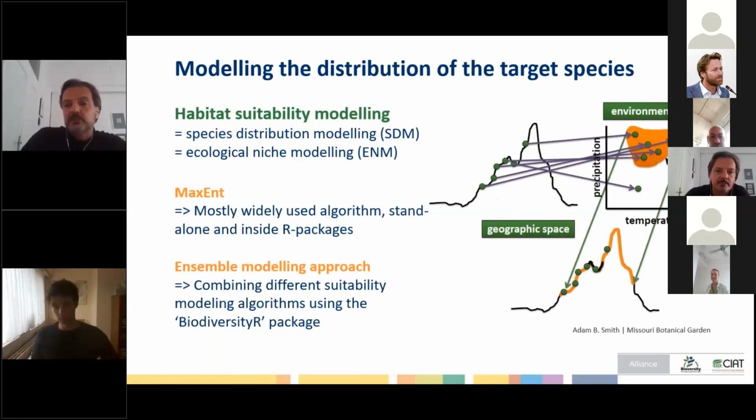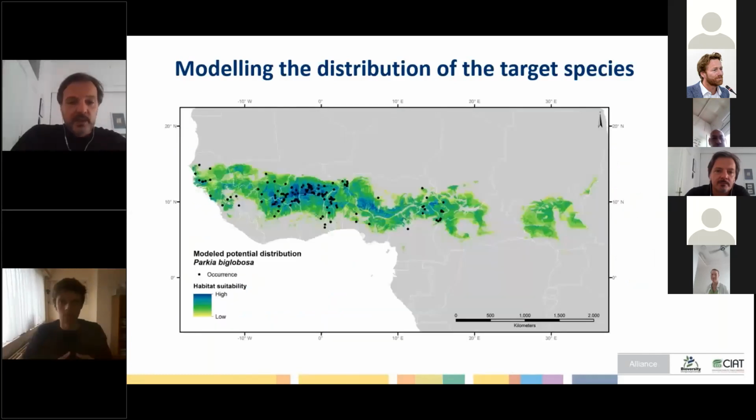As an example, you see here precipitation and temperature, but actually it's a multi-dimensional space of around 20 or 30 different variables where the extrapolation is occurring. And then the results are translated back into the geographic space, where you see, and this is maybe easier to show you directly, a typical output of the distribution modeling, a map that looks more or less like this,